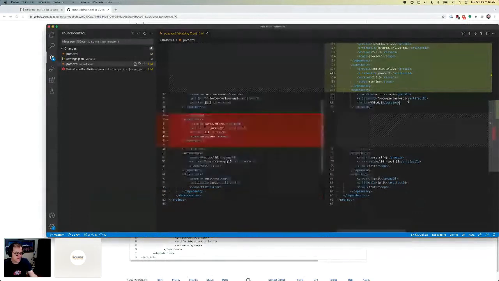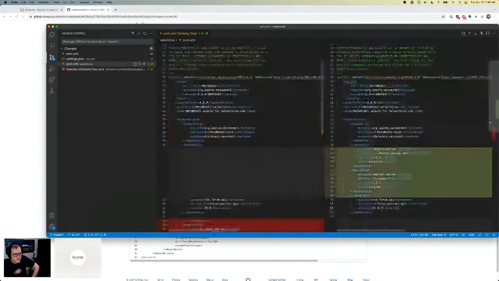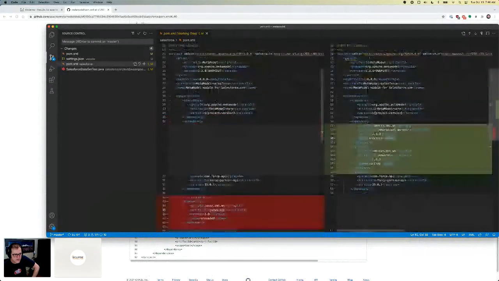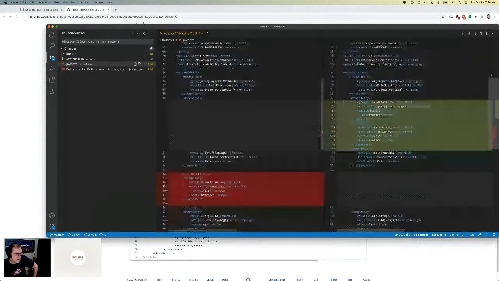So this is a recipe, like I said, in current development. We want to make this generally available. We have similar recipes for both JAX-B and JAX-WS, where they will do the same sort of thing. They'll detect the use of the JavaX artifact and move it to, you'll notice, the latest version of Jakarta EE 8.